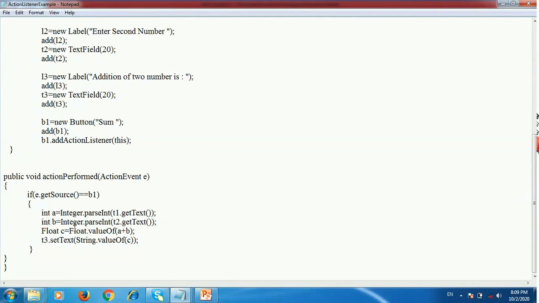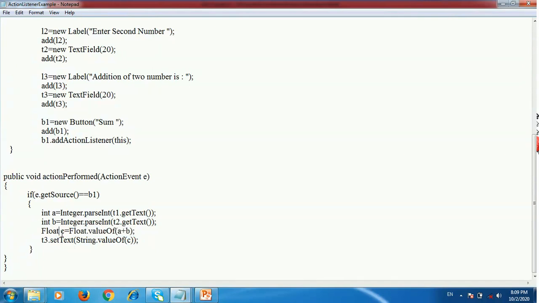After that we perform the addition. For that we declare a variable float c equal to Float.valueOf(a + b). So the addition of a plus b is stored into the variable c.